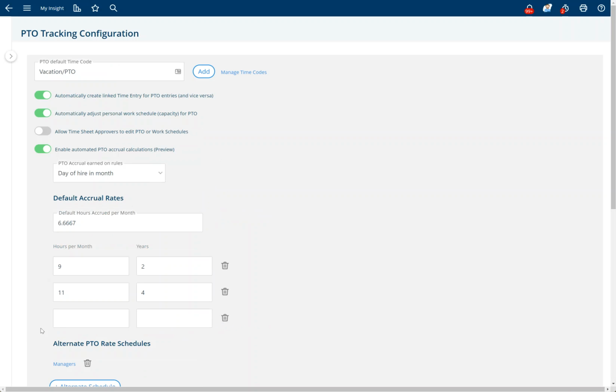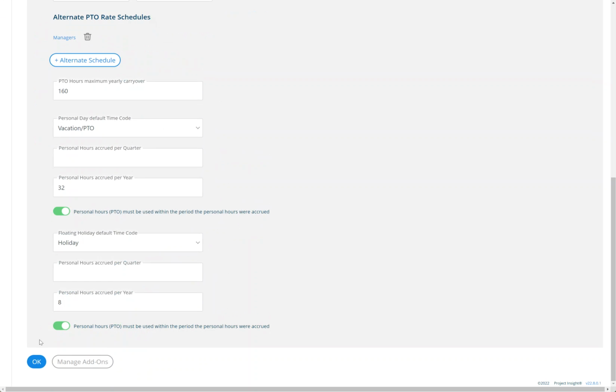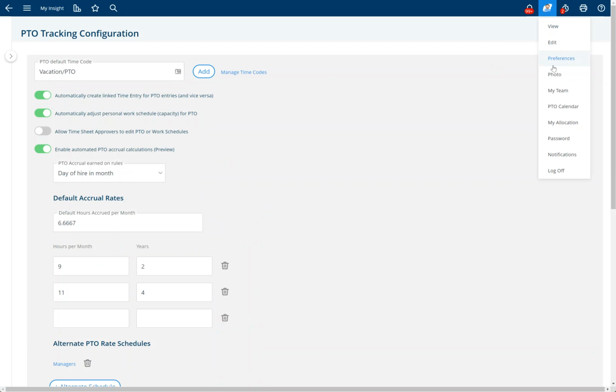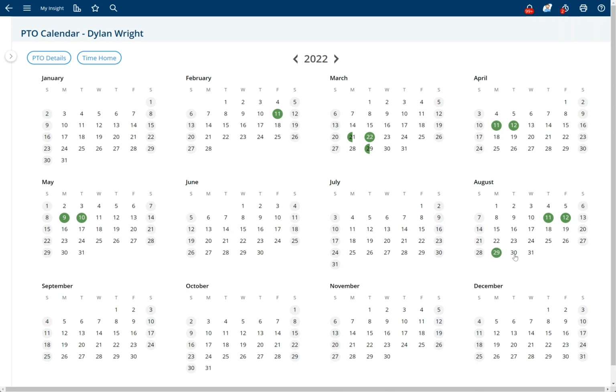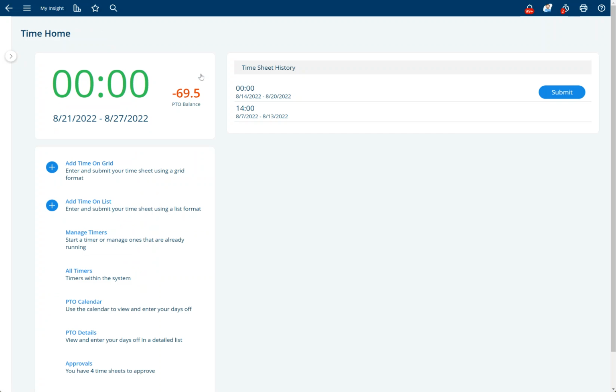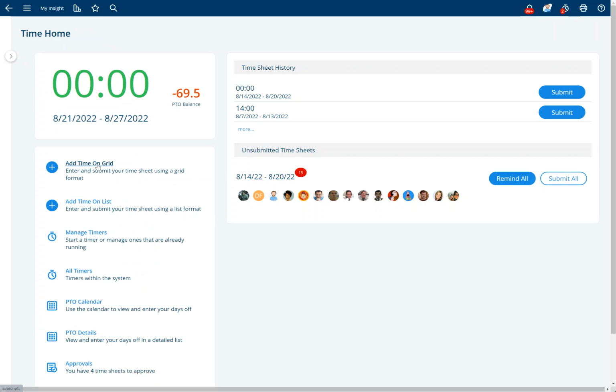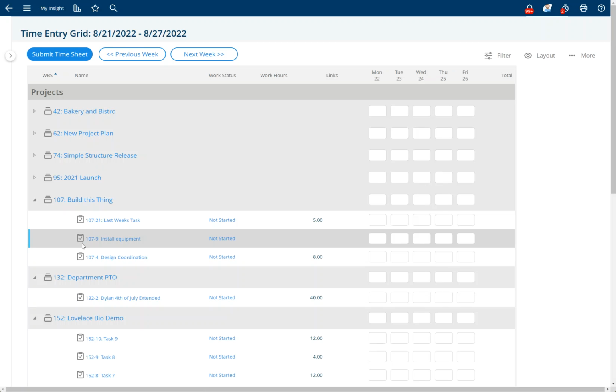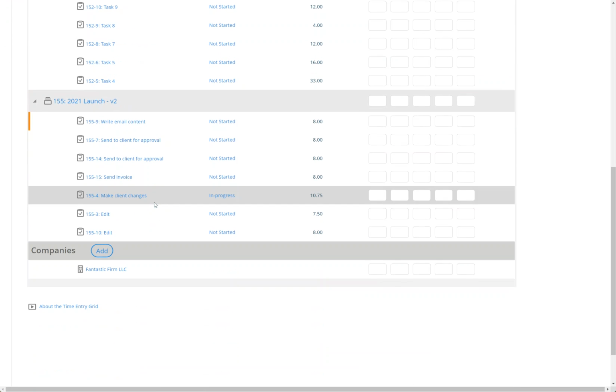So now that we've gone through that, I'm going to go back over to my profile, PTO calendar. So you'll see that no matter how many days I keep entering here, it's always going to be updated 8:30 with 7 hours. If I also go to the time home, I can also update and keep these time entries and PTO entries updated here. So if I come down to the very bottom,